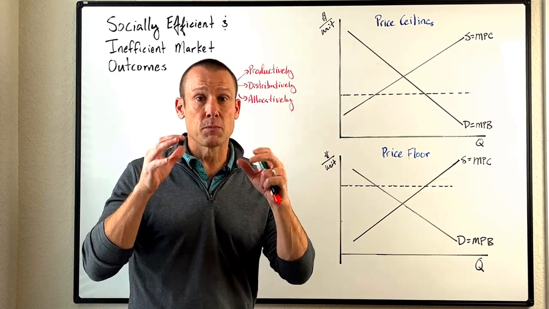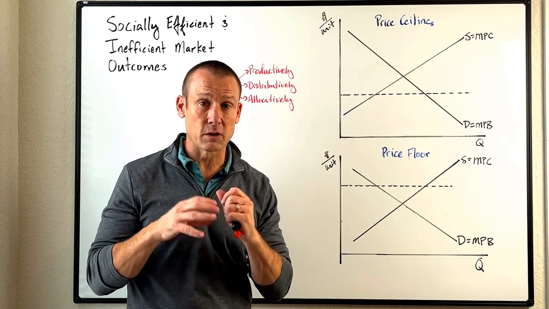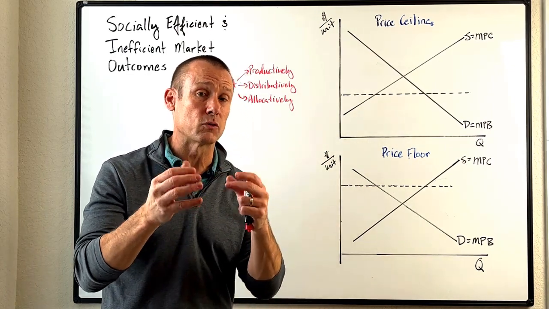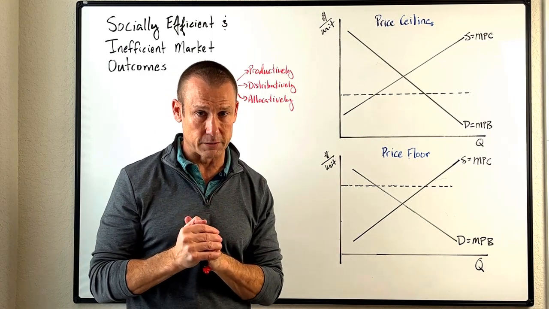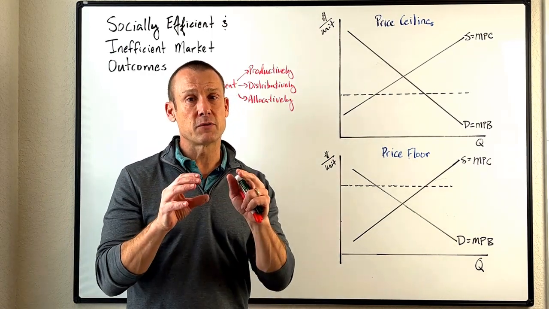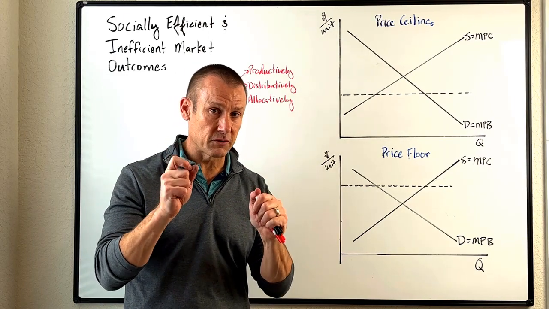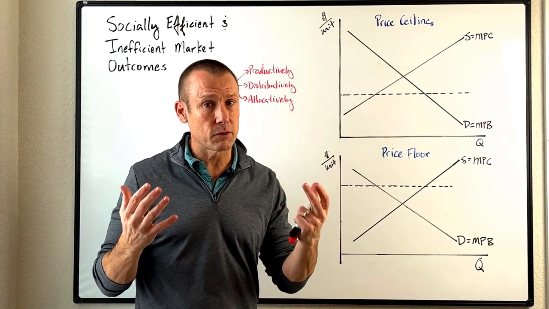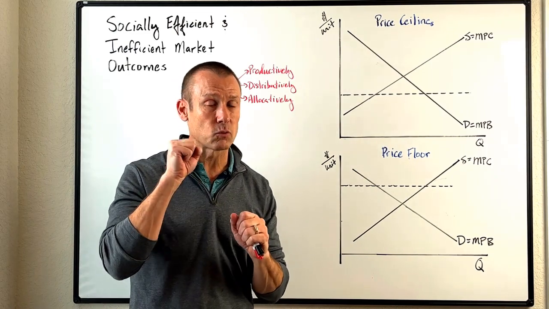So, socially efficient means maximizing social surplus. Socially inefficient outcomes, we're going to say, experience dead weight loss. And what is dead weight loss? The amount by which we fall short of maximum social surplus. Now, here's the deal. In this video, we're going to be looking at that word efficiency in a little more detail than maybe you will in a lot of your microeconomics classes out there, but I think it's worthwhile.